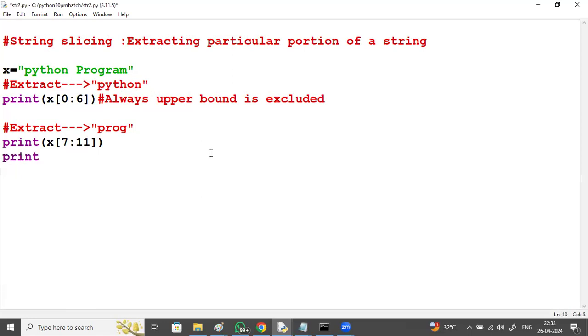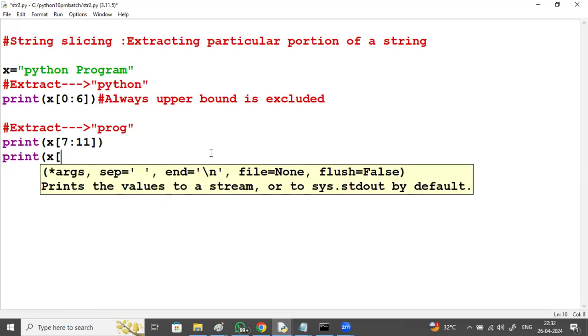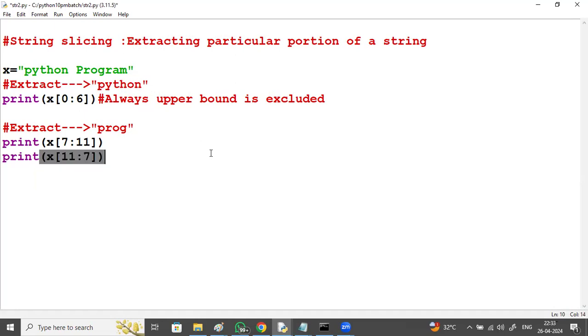Print x of 11 to 7. x of 11 to 7, right? What is that? 7 to 11 means PROG. In the opposite way, 11 to 7 if I give, reverse will come. Reverse. Empty string. Empty string because